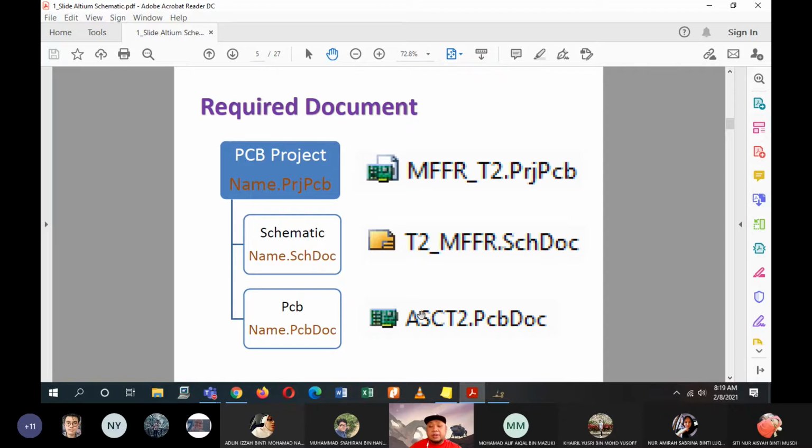Okay, and then for your PCB board, that is the green board, the one that you'll be printing out for your design. The circuit that you have designed, and then you want to print them out into a PCB layout. So this will be the output. So initially you'll be doing the first 2, the project and the schematic document, for today. And then for next class, we will continue with the PCB document. So basically these 3 things are the files which are important for you when you are submitting all of your assessments. Okay, so make sure you have all of them.